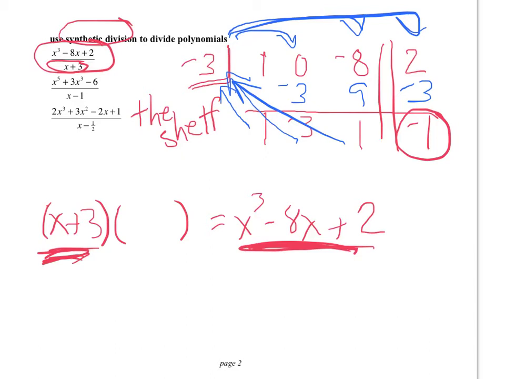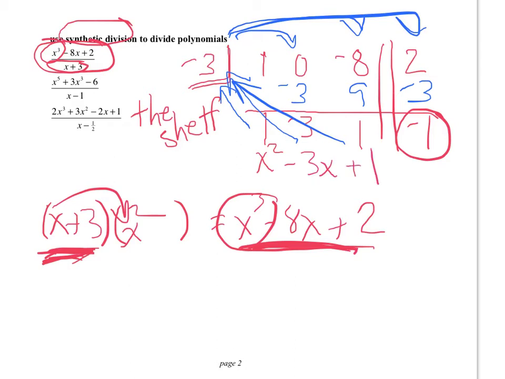Now remember, the original polynomial is degree 3, and so the quotient must be degree 2. If x plus 3 is a factor, you have to multiply that times an x squared in order to get an x cubed. So this 1 is the coefficient of the x squared term, this negative 3 is the coefficient of the x term, and this last one is the constant on the end of the polynomial. And so now what we know is that we have x plus 3 times x squared minus 3x plus 1,